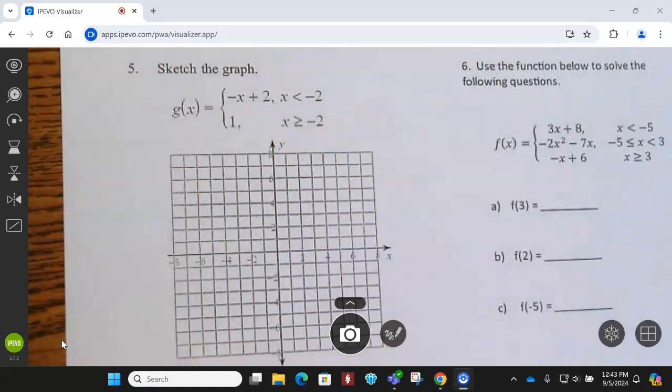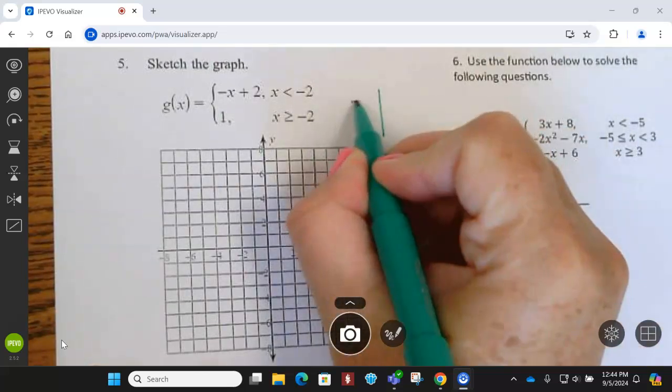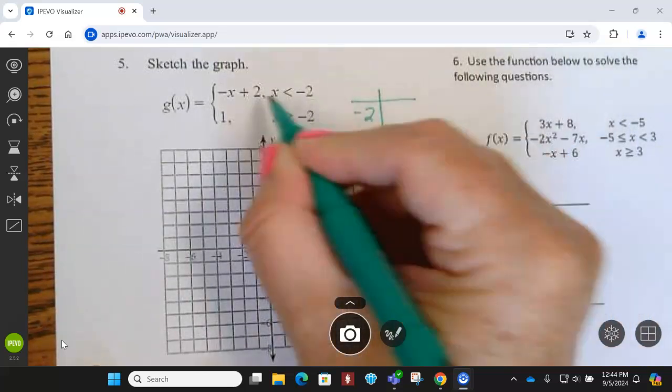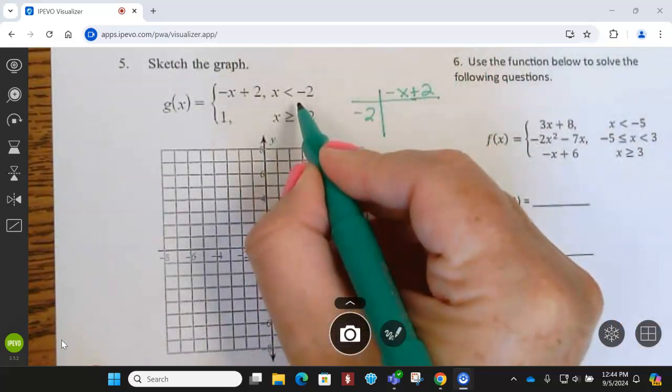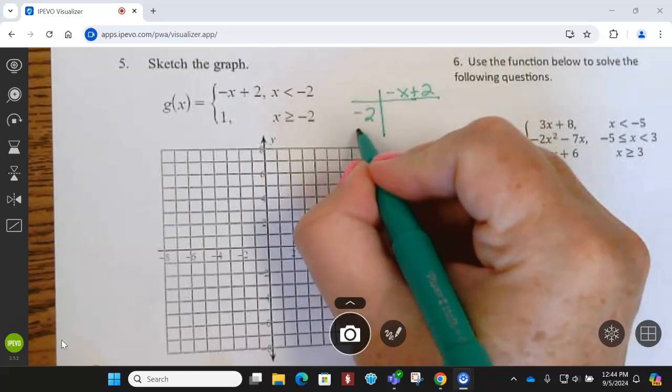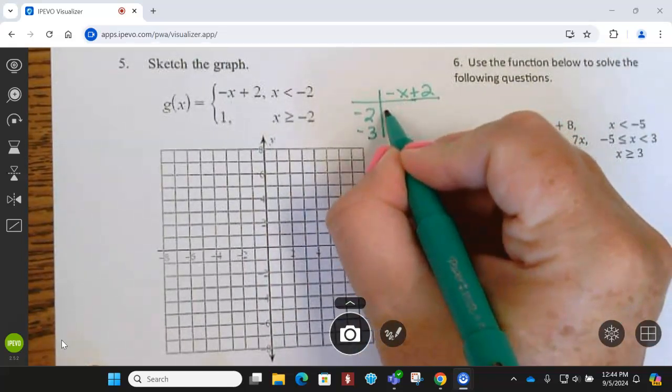Hey guys, so here is number 5. So we're going to be graphing. So what we want to do is take -2, and our equation is -x plus 2. We want a number less than -2, so -3. So when we plug this in, I know there's another negative, so it'll be a